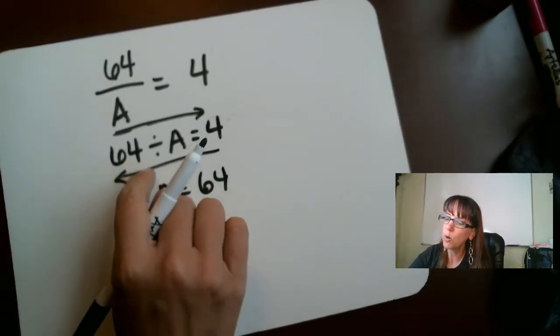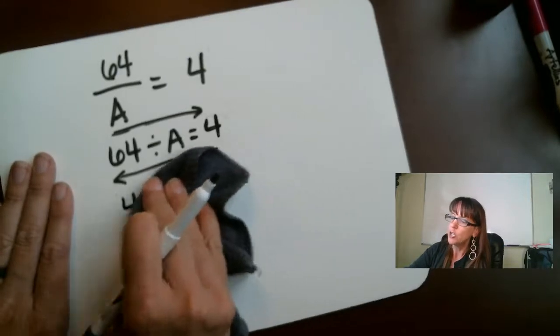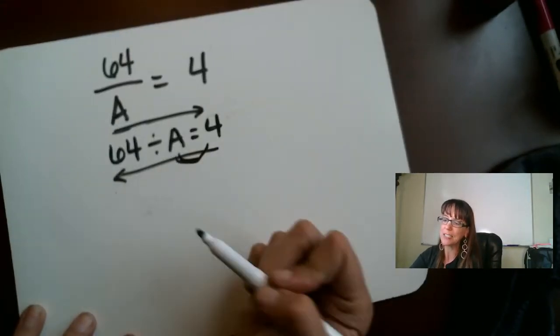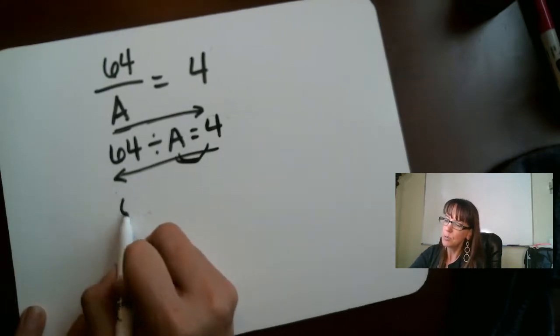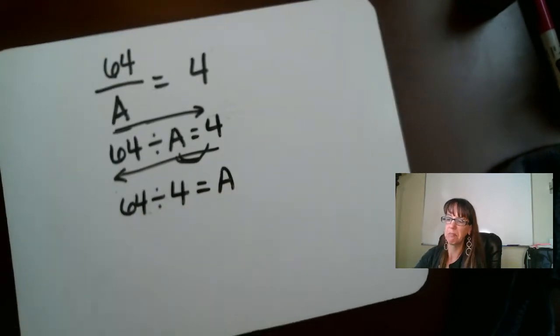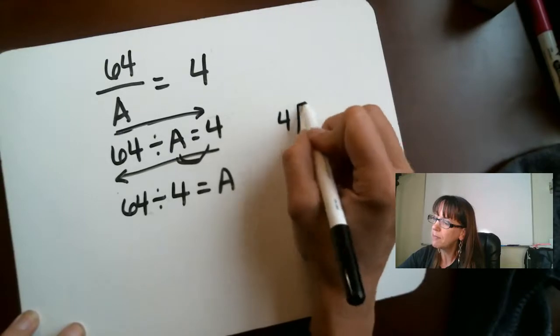So we're going to need to reorder our division. Just like subtraction, we can reorder these last two things, okay? So 64 divided by 4 equals a. Well, that's something we can solve, right? We don't even need to turn it into a multiplication problem. So we're going to do 64 divided by